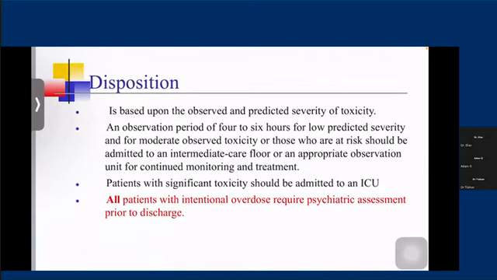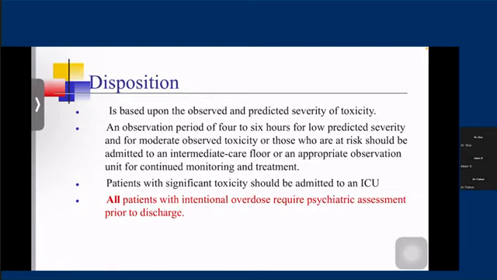All right, so disposition. As we said, around 95% of patients who present with poisoning have minimal injuries. So these patients can be discharged at home. There are also a few other patients who need ICU. So we have to be familiar with those patients who need to be dismissed from emergency or who should be admitted to ward or ICU.